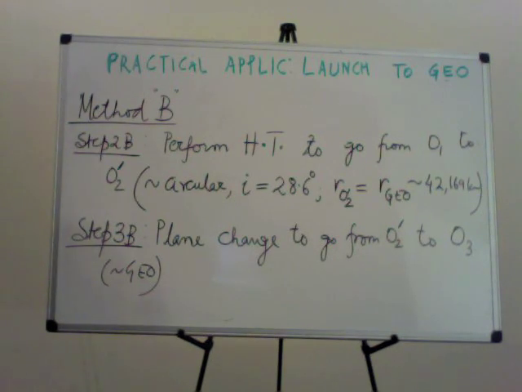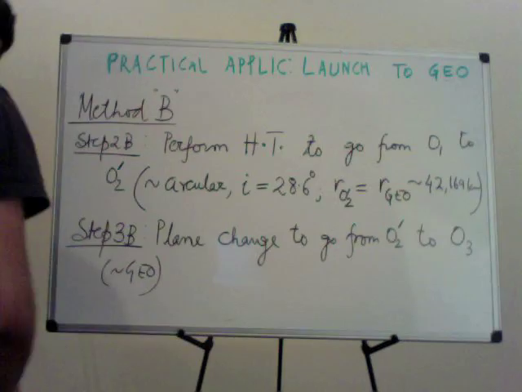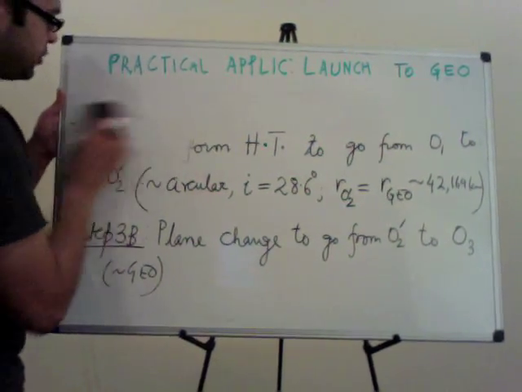The question is, how are these two methods different, first of all? In the first method, we first do the plane change and then do the Hohmann transfer. Here, we are doing the Hohmann transfer first and then the plane change. So here's the big picture. The Hohmann transfer delta V is the same in both methods A and B. Why is that? Remember that the delta V of the Hohmann transfer